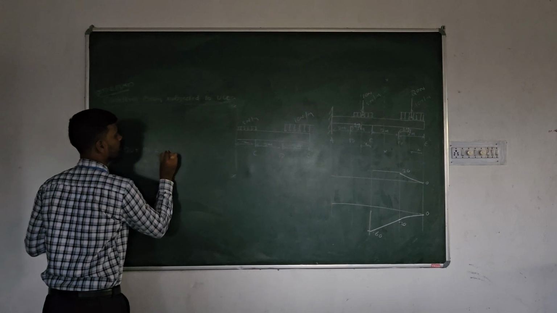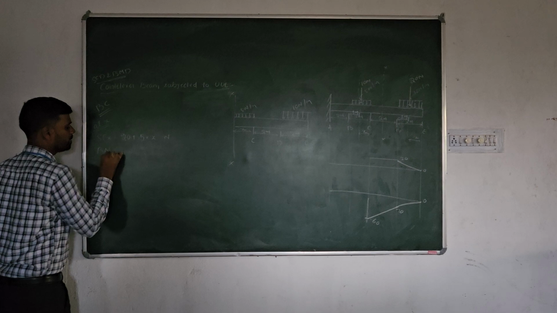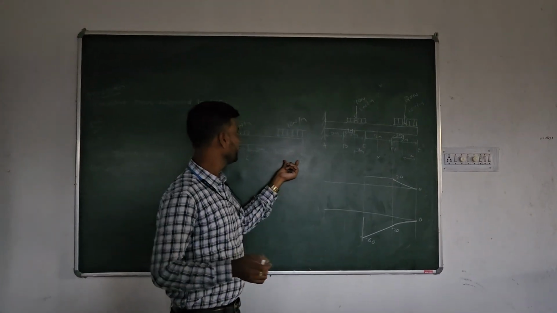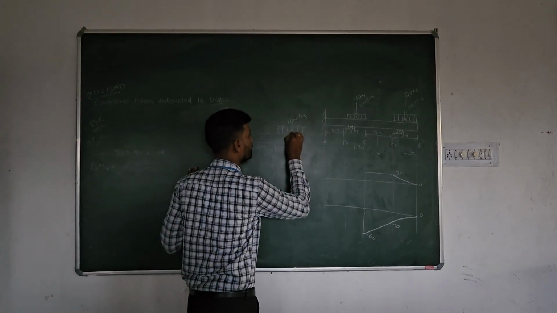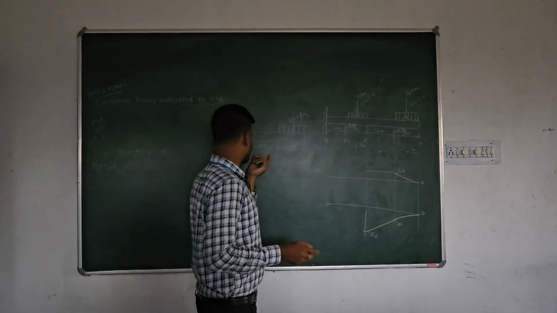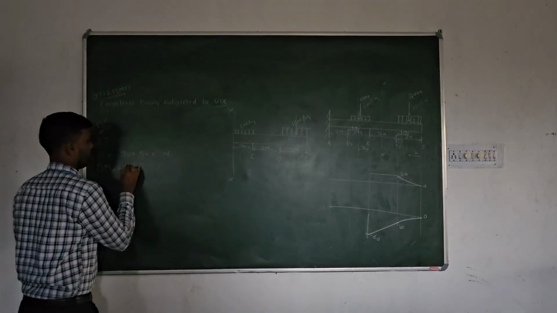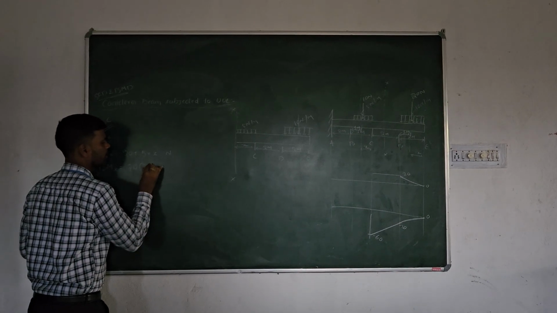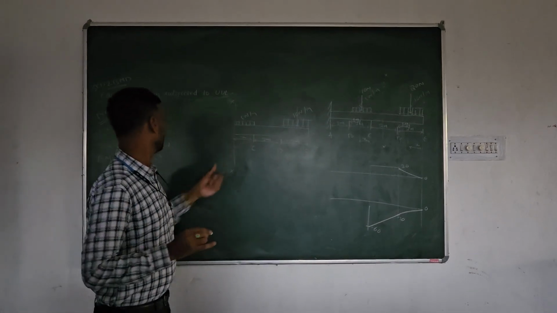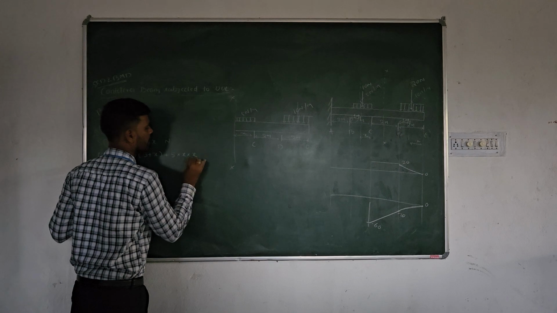5 into x. This is the shear force, and bending moment is, this is 10 into 2, 20. 20, it is acting at this point. So this distance is 1. This is 2, 1 plus 2, 3, 3 plus x. So 20 into 3 plus x. Here no force is there. Here again, this is 5 into x by 2.